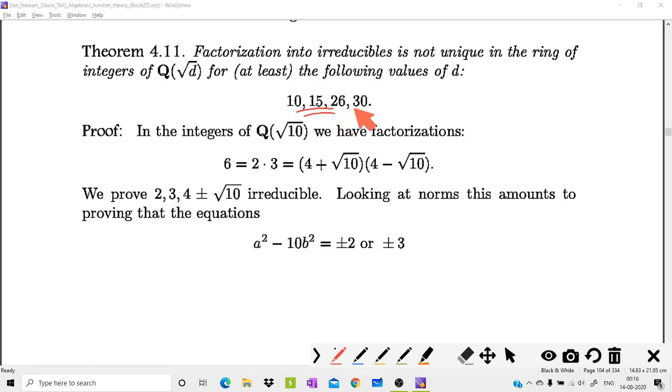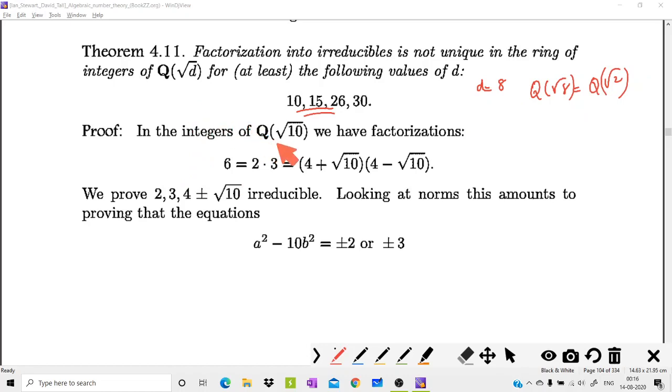these numbers. One thing you should remember is that these numbers should be square free. Otherwise, if you consider d as 8, you need not worry about Q of root 8 because this is the same as Q of root 2. So that's why we need to consider only square free numbers here. Otherwise, that will be equal to some Q of root d with d square free.